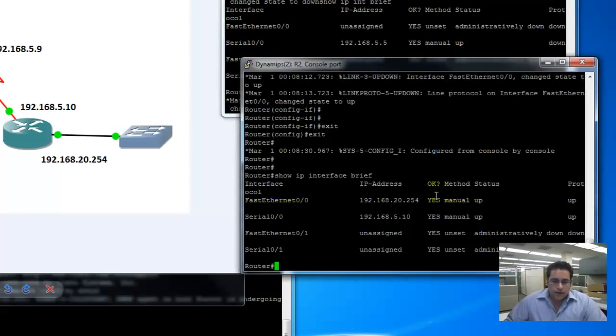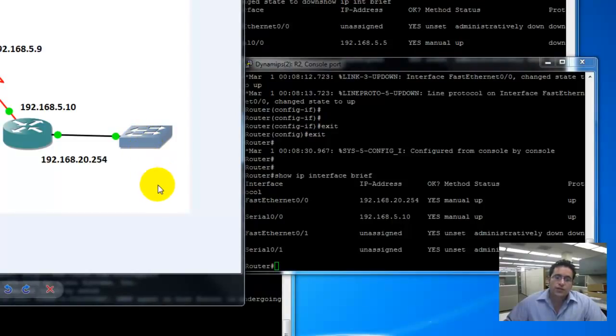The reason you're able to communicate on the FastEthernet port is because this switch is turned on and it is plugged into the router, and that's good enough. There is a basic configuration on this switch. They're all on VLAN